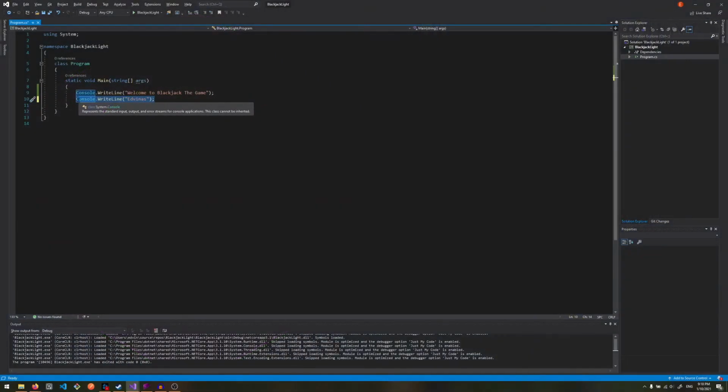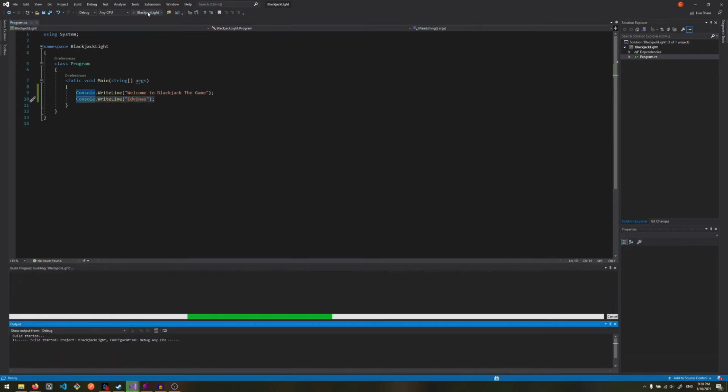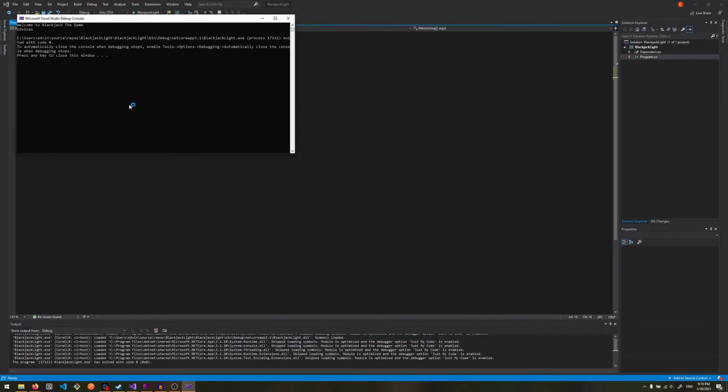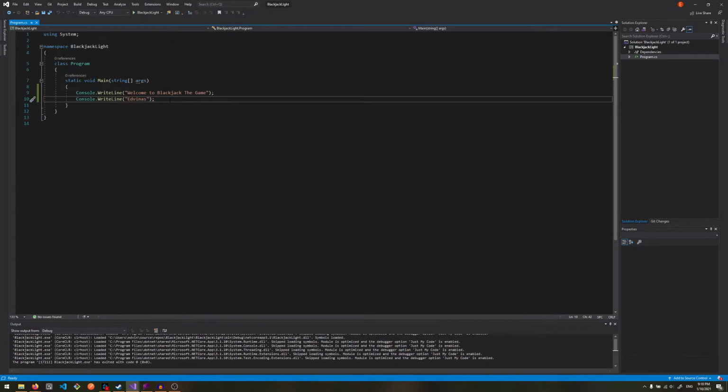Another thing that you might have noticed is that when you click this button, it will display everything that you write in here. But the problem is that we can see this debugging exit code, which we usually don't want. So to avoid that, we can just write down read key